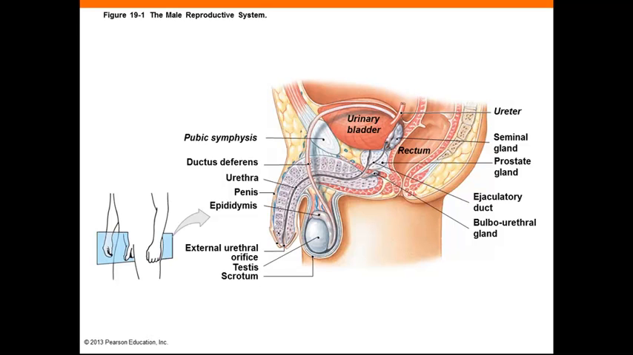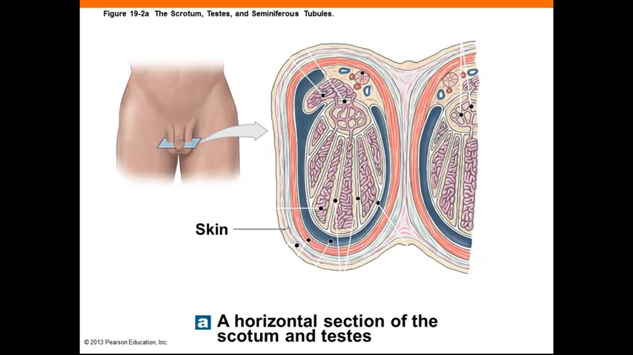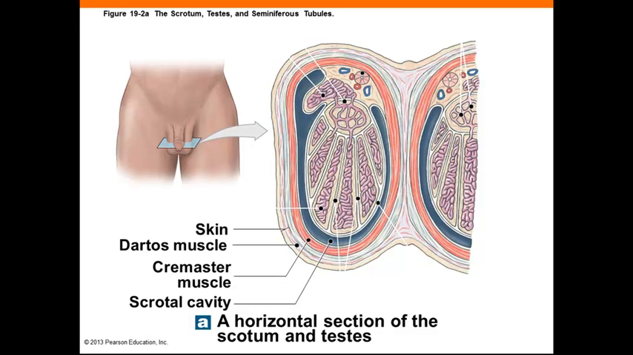The scrotum encloses the testes, the primary male sex organ, and they hang outside of the pelvic cavity. The scrotum contains 2 chambers, the scrotal cavities, one for each testis. The wall of the scrotum has a thin, smooth muscle layer called dartos, which wrinkles the scrotal surface. The cremaster muscle is a skeletal muscle that pulls the testes closer to the body